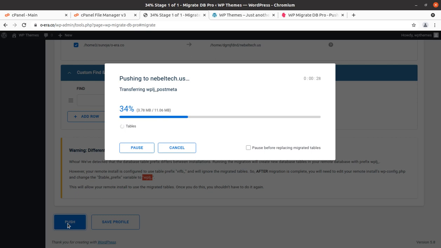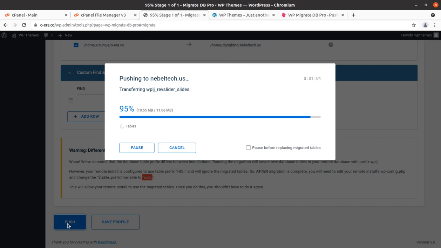So it is basically for the database. It is working on it, and 55 seconds is going to complete.